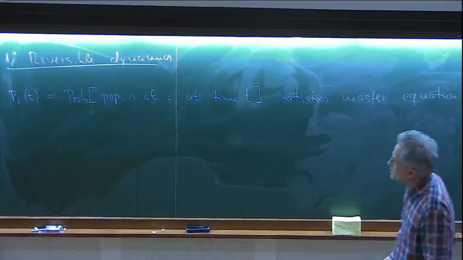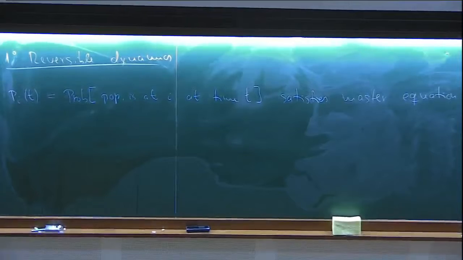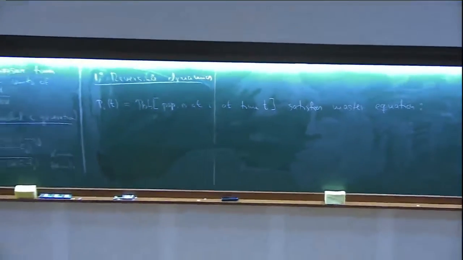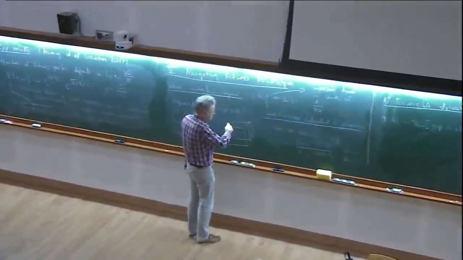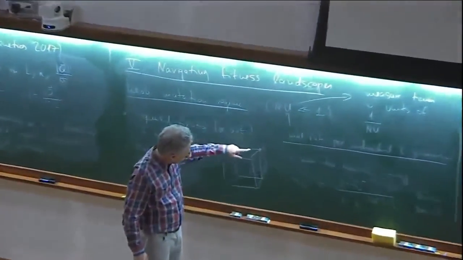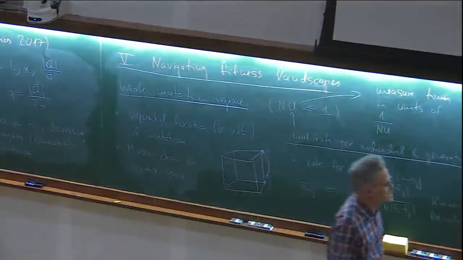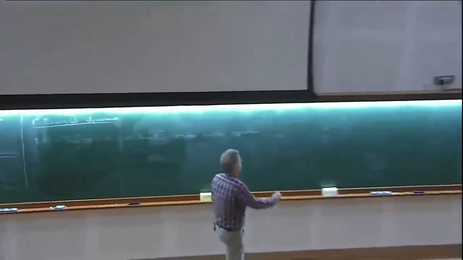I mean, what you have to do, you just want to keep track of how the probability evolves. So to see how this probability evolves, you have to figure out what the possible processes are that allow the population to enter this state or to exit from it. So it's a kind of balance equation. And so what you just have to write down is